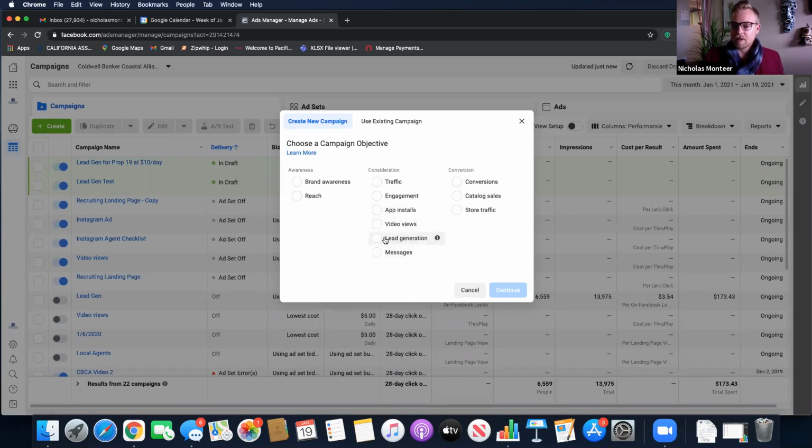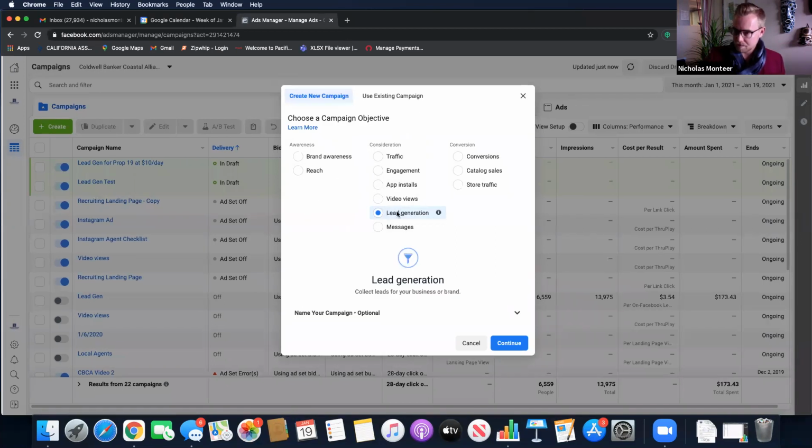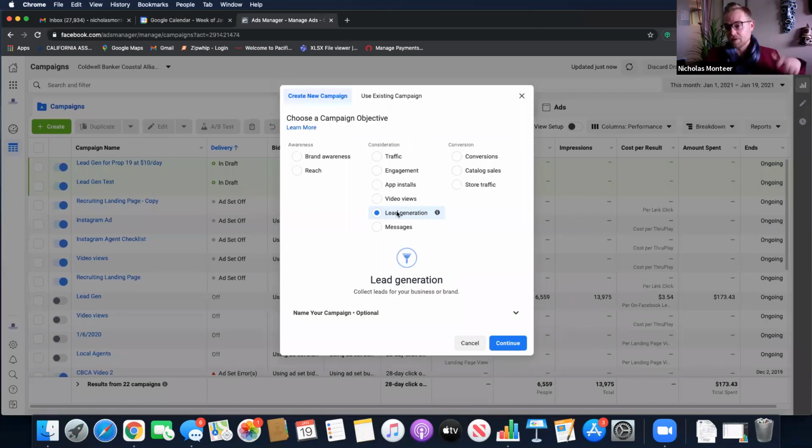And really for today, I'm going to show you the lead gen one because I think most people on this call are concerned about lead generation, which is where you have a form and you get a first, last name and all that stuff. I know a little bit when it comes to traffic and engagement, but I do not know everything about all of these Facebook ads. So if you ask me questions, I will do my best, but I might not be the best person.